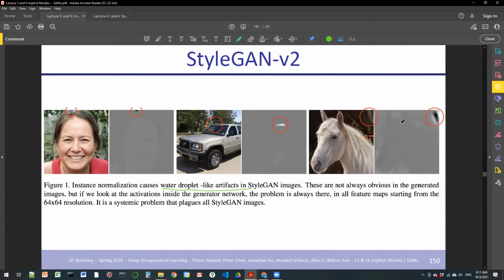And this could be one of the ways the discriminator can cheat. If it learns that there's always this water droplet artifact, then as soon as it detects that, it can say, hey, this is fake. So that's another motivation to try and get rid of